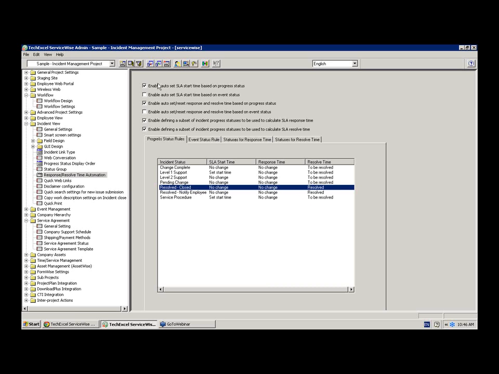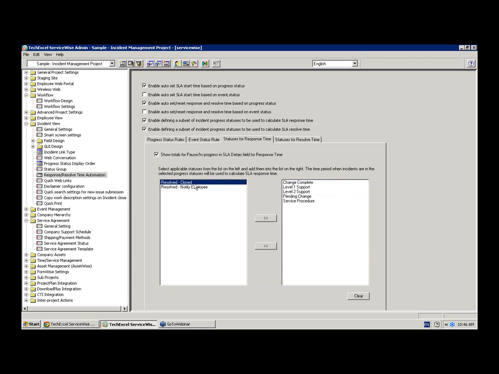I enabled a couple of features here. I haven't enabled the event status, so you can do that also. Basically, the setting of these times can be triggered by event state changes. Another thing I want to show you is we can specify